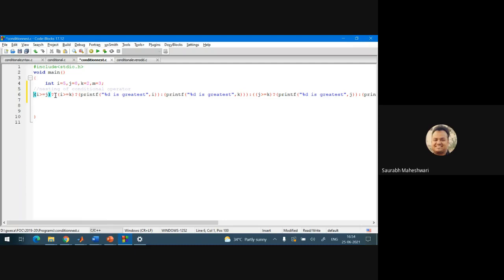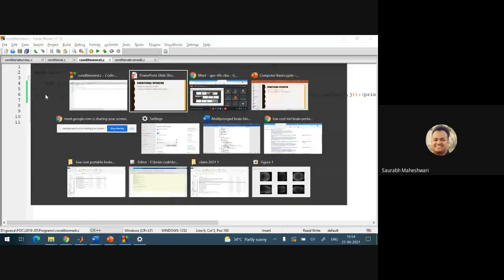conditional operator. Okay. So there is no difference between if else and conditional operator, but we use the conditional operator when there is generally one statement, because inside it a semicolon is not allowed. This semicolon is not allowed, so you cannot write multiple statements. Fine. So whenever you have a single statement in true and false, then you prefer to choose the conditional operator. So this is one of the important operators that we need to see.